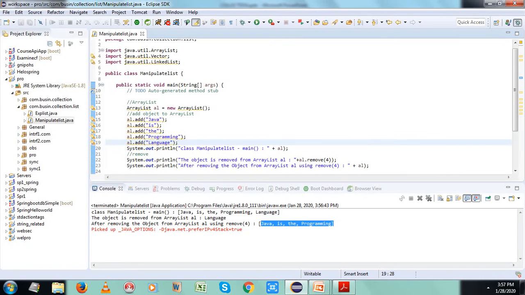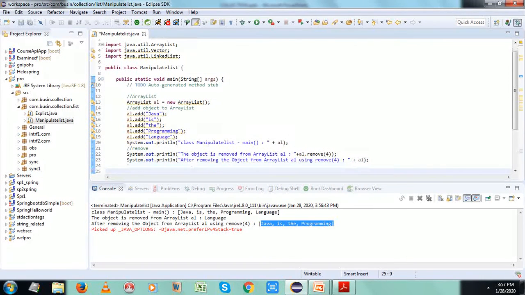The thing is, I have just added a few values and removed a value using the add and remove methods of array list. Similarly, it works for linked list as well, and vector. The thing is, vector is synchronized, and linked list